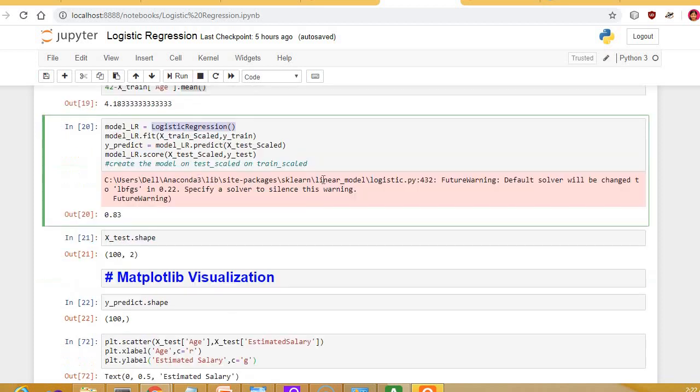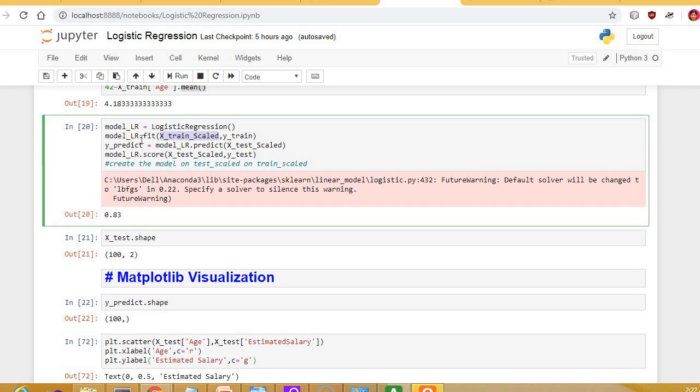Now if you look at this model_LR, the logistic regression model we are building, we get all the features of the logistic regression functionality, and we pass x_train_scaled, not x_train, because we have scaled it using the scaling mechanism.